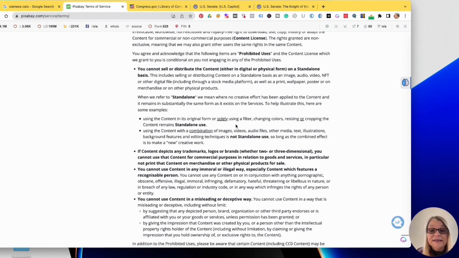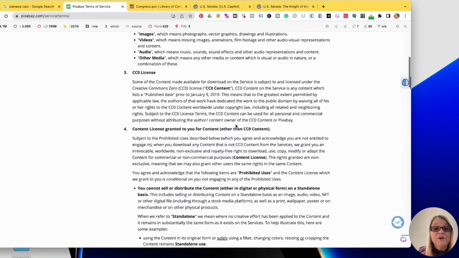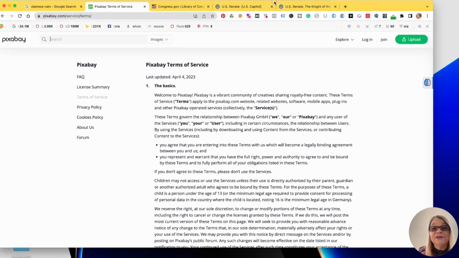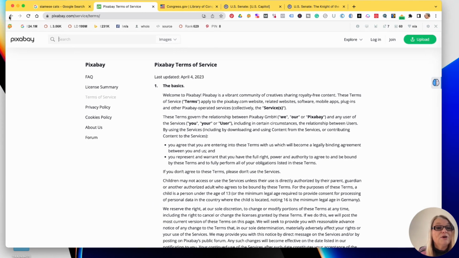Changing colors doesn't count, resizing doesn't count, and using a filter doesn't count. And those are pretty much all the things that we all do to change the image. So you cannot do that. And of course, if there's any trademarks in it or logos, it doesn't matter what it says you can do, you can't do it, okay? You can never use anything that's logoed or trademarked.